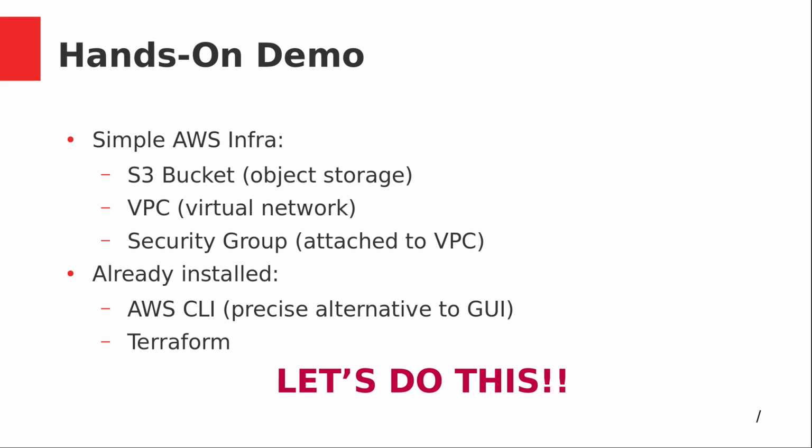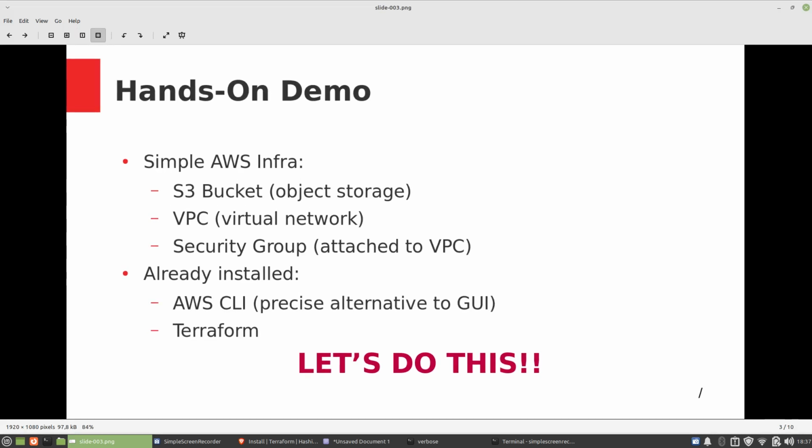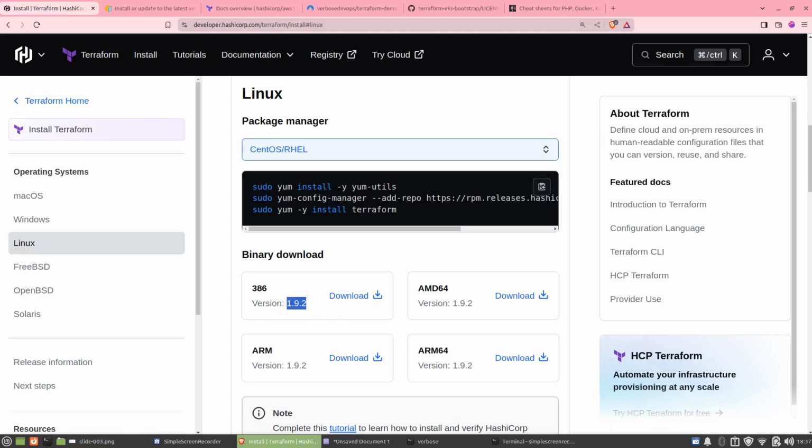So let's do this, and let me just escape out of here and show you. Before I open up my terminal, I just want to show you, if you just type on Google "install Terraform", you'll end up with a couple of methods for whichever OS you're using, and typically it will be a package manager or binary. Now, although a package manager sounds super convenient, the problem is it will always give you the latest version. And you're much better off using the binary